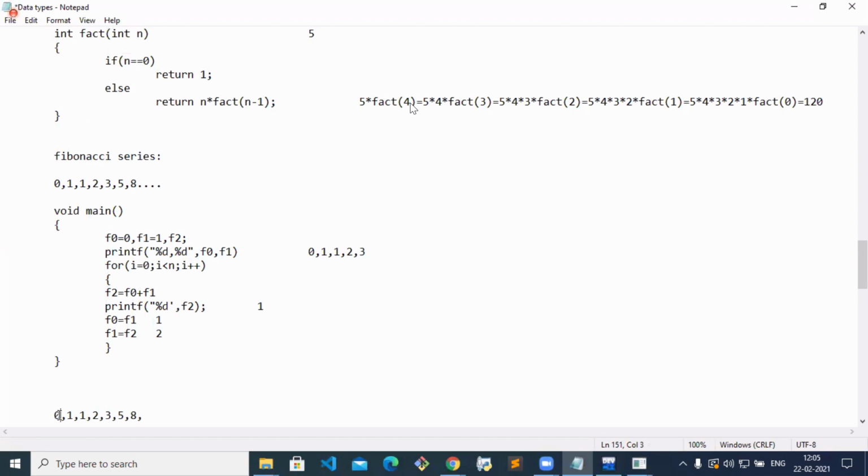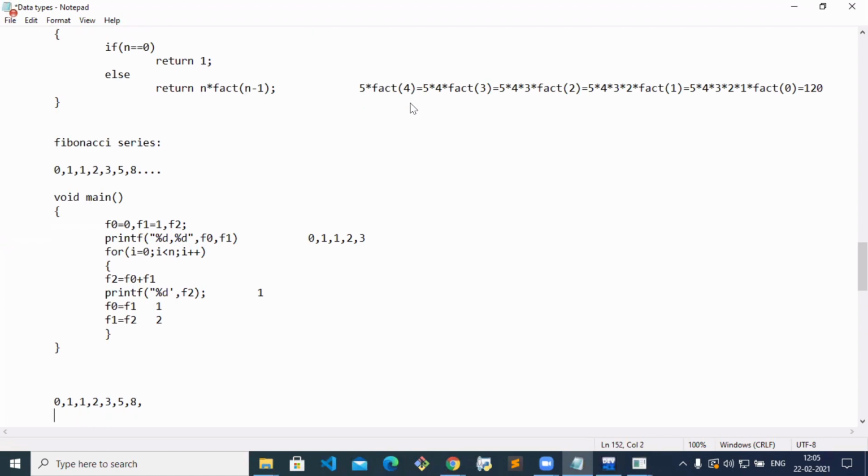So if the position is the first value, you have to return 0. If it is the second value, you have to return 1. From the third onwards, what do you have to return? I'll write the positions also: 0, 1, 2, 3, 4, 5, 6.